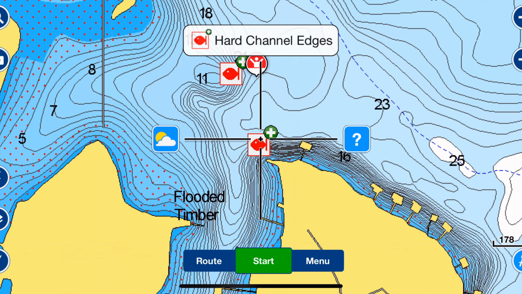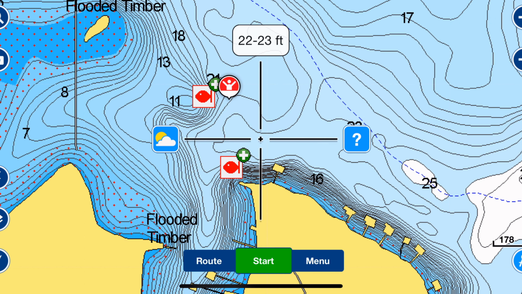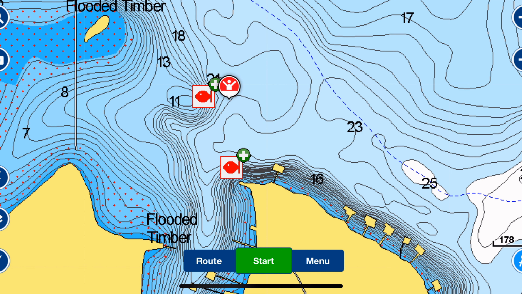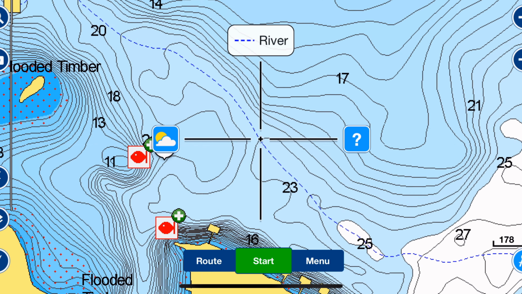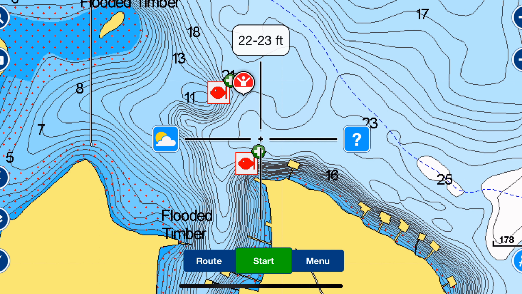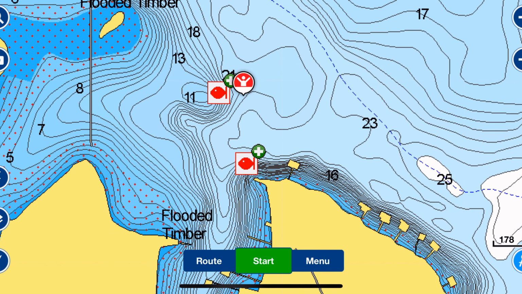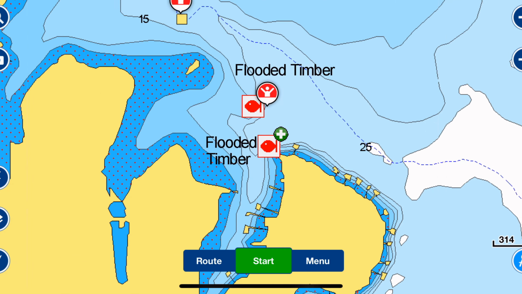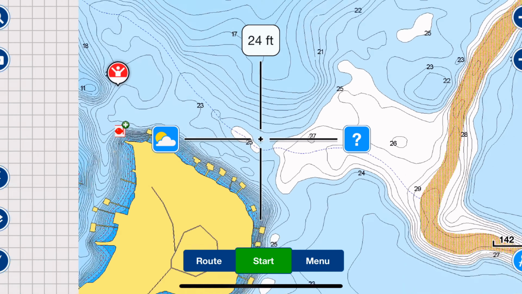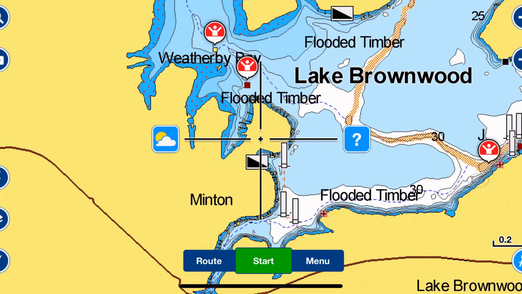Now this little fish right here, it says that it has channel edge, and it says that the channel has a really sharp edge there. But the problem here on Navionics is I don't see any type of channel anywhere close to this thing. I see a creek bed that's way out here, but no river channel, no creek channel, or nothing. So I didn't mark that, but you might want to go check it out. Maybe there's something there that we just can't see from a Navionics standpoint,